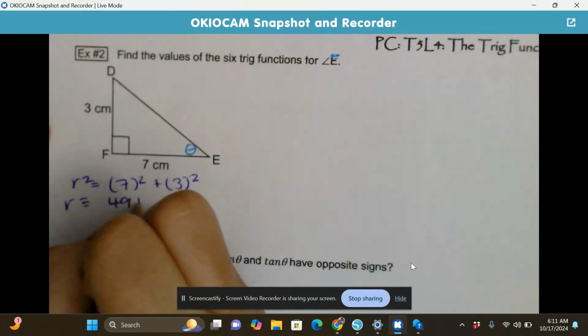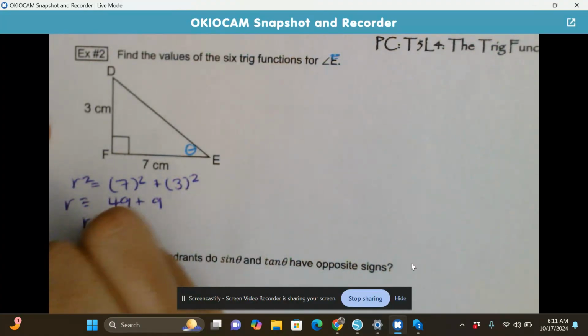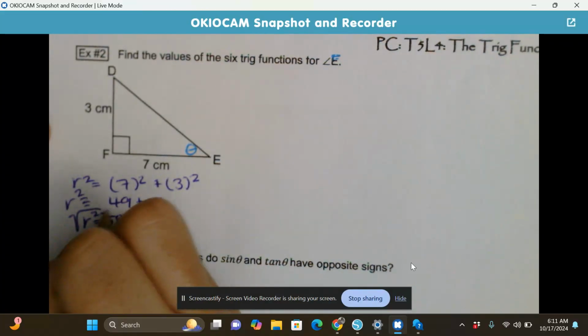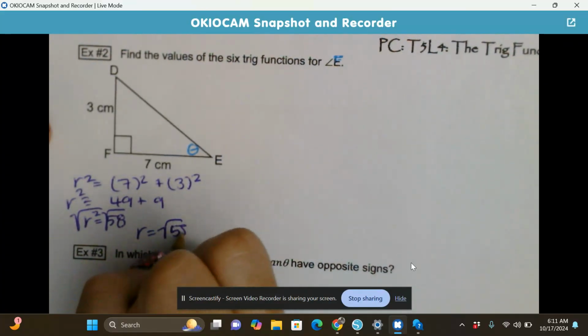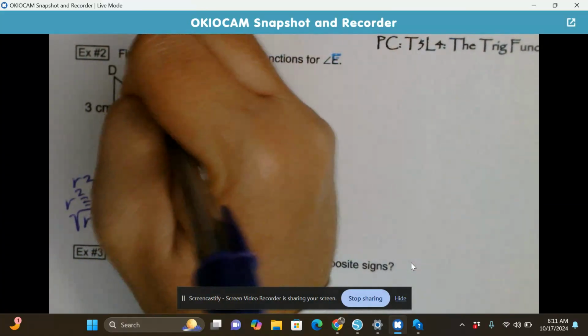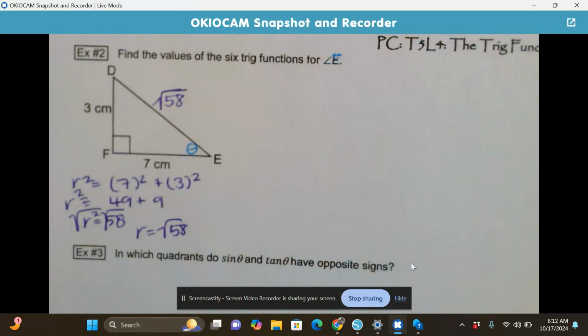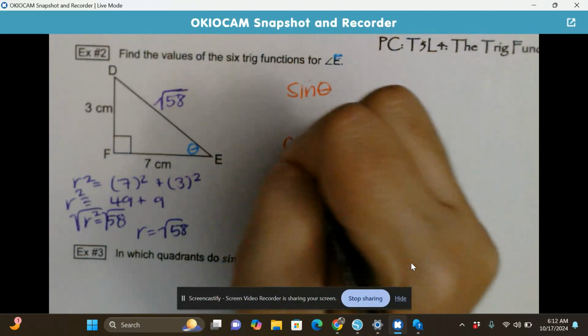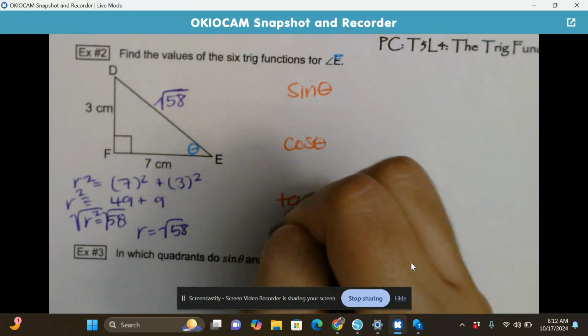So that's 49 plus 9. So r squared is going to be 58. So r is going to equal the square root of 58. Okay, so we're going to put that up here. All right, and here we go. Let's get our 6 trig functions: sine, cosine, tangent,